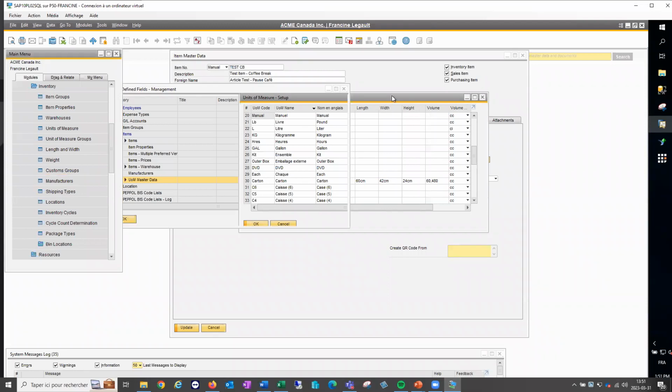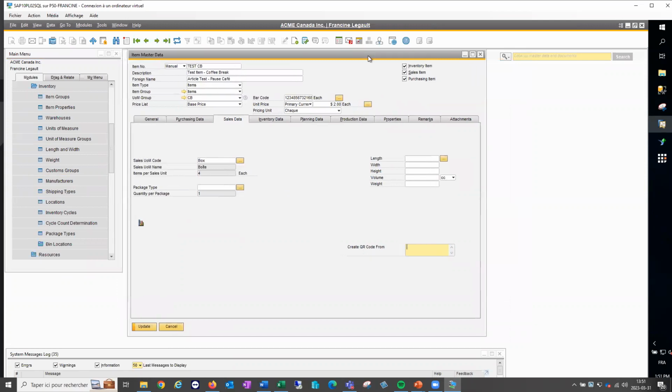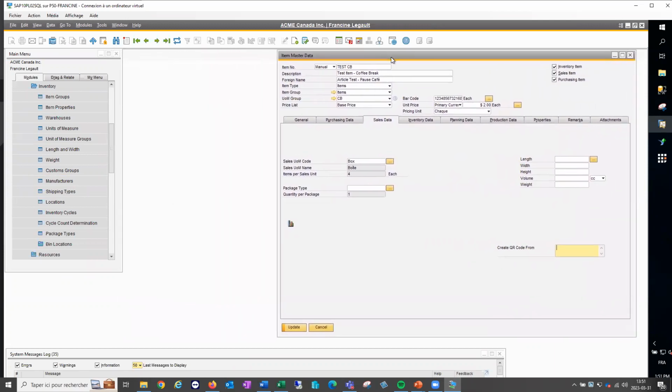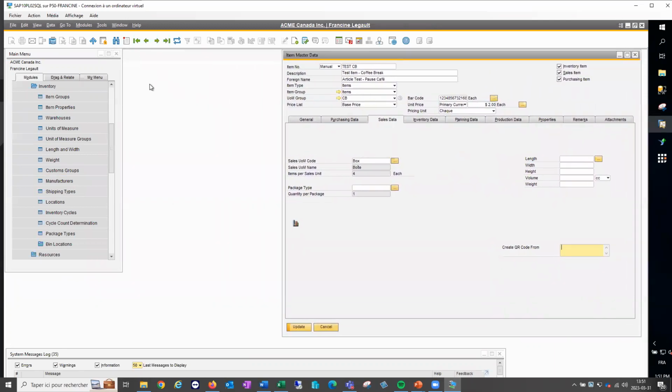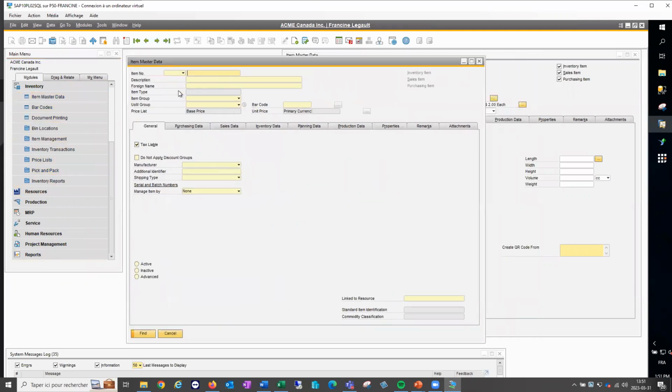So this will cover this new functionality, which is quite fun, I would say. And I wanted to show you what it looks like in a scanner when your units of measure group are not done properly. If you are using any WMS, you will probably be seeing exactly the same thing. So this item, we know for sure that it's been set up properly because we just did it. So let me show you a couple of items that I saw at other clients and that caused some headaches for the client and for us.